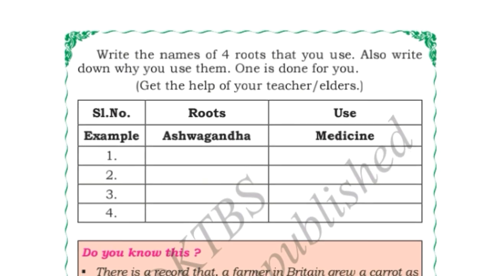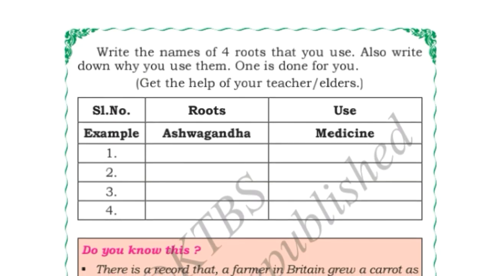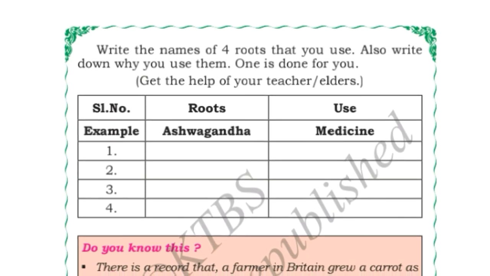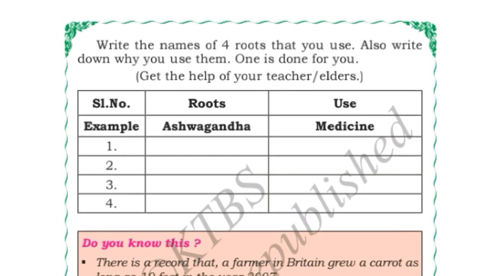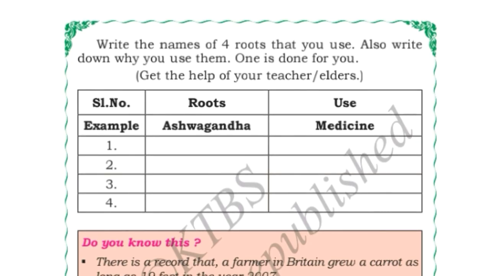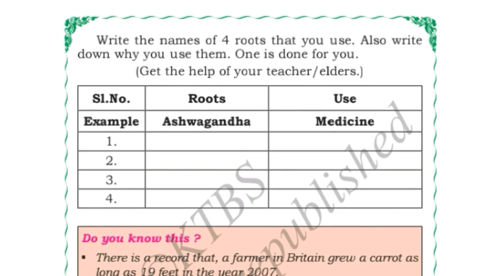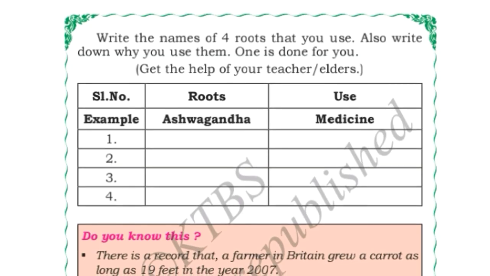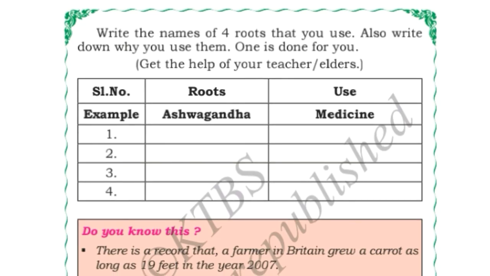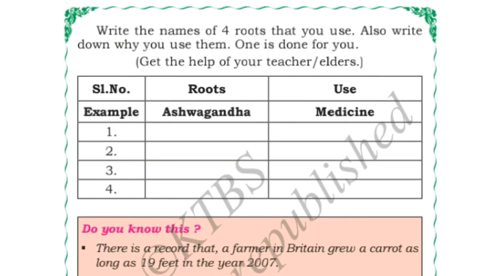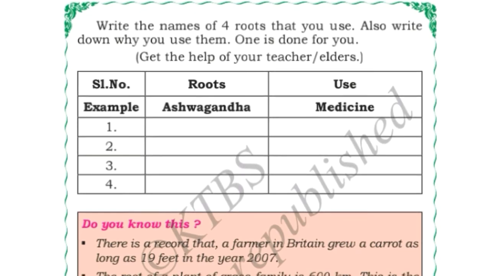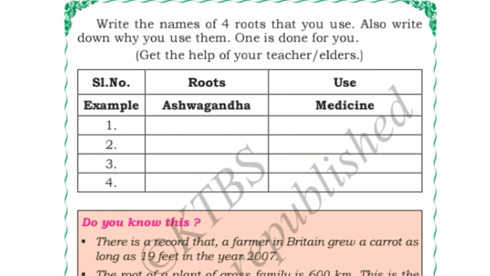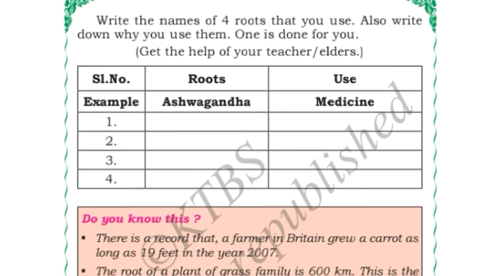We use ginger as a medicine and as a food also, right? Your mother will put ginger in your vegetables and in your curries and she will prepare food, right? Yes, so ginger is used as a food and also as a medicine. If you have a stomach pain, if you have acidity, if you eat a little ginger with black salt, the stomach pain and the acidity will go, okay. So ginger is used as a food and also as a medicine.